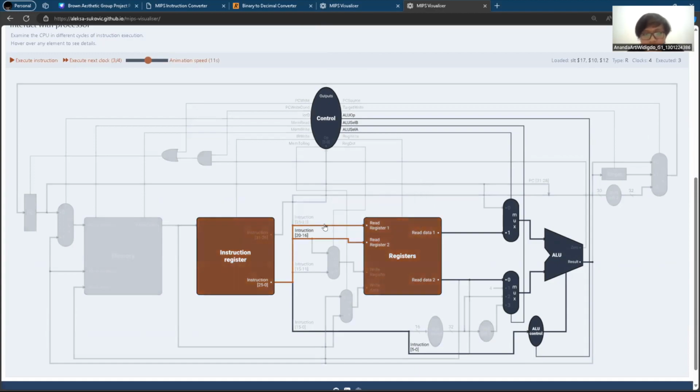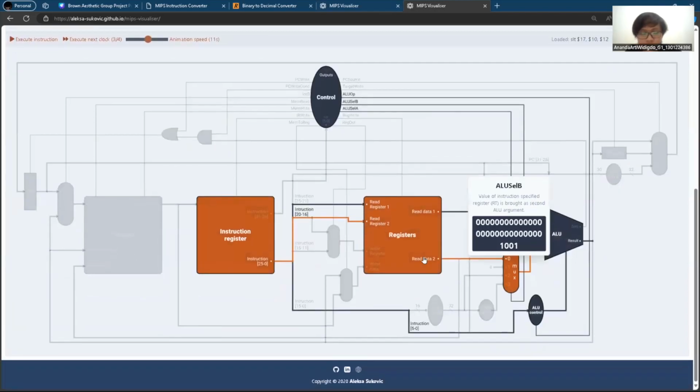The RS value, which is from the previous step, is going to read register 1, is now moving to read data 1 and into the MUX here. And the same thing happens to the RT, the read register 2. It moves to read data 2 and to this MUX.